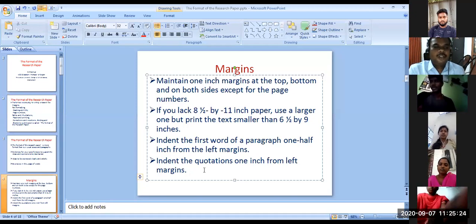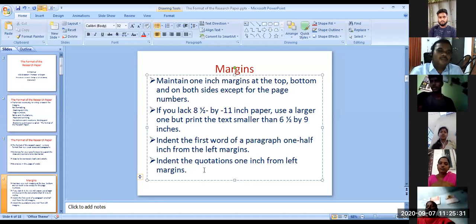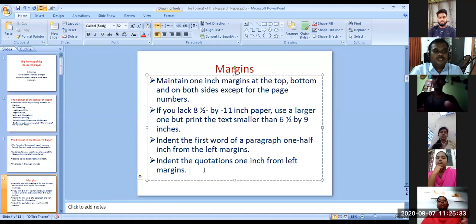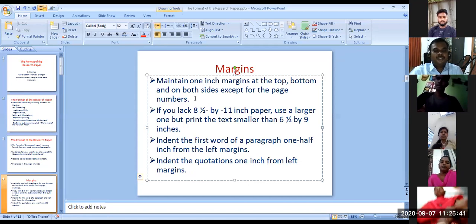Sir, while typing a quotation, can we just put it in some place and type like a WhatsApp message? No, not like that. There is a format. So we have to give 1 inch space. The margin is 1 inch on all sides, and you should use only A4 sheet.